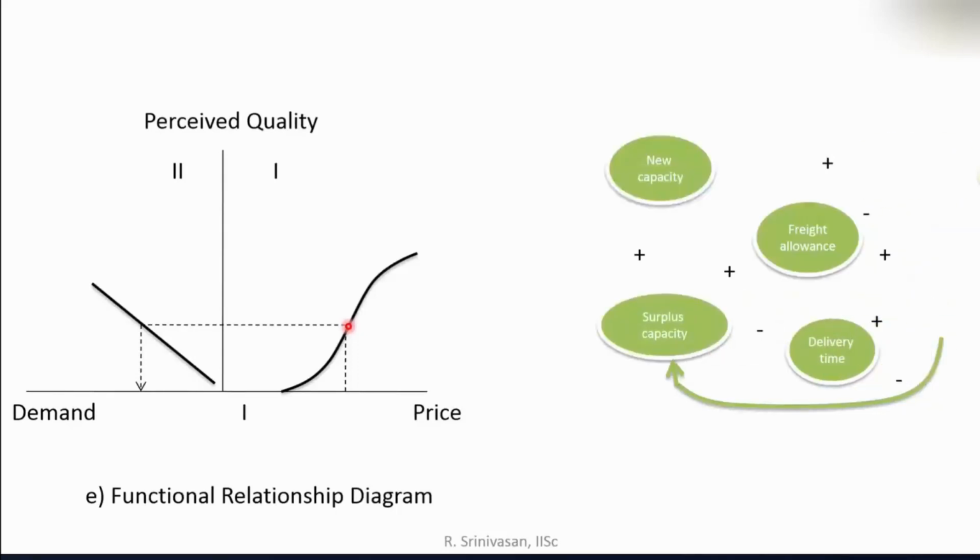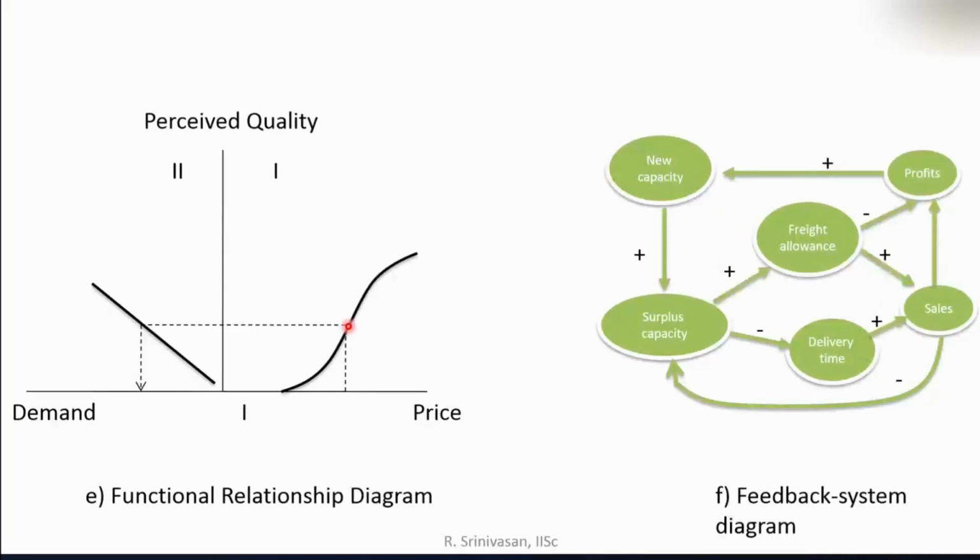Now the other model which you make use of in this is called the feedback system. What is the feedback system? The feedback system diagram, if you really see, I have taken a very simple example. Suppose you create more capacity for a firm. Then let us say this becomes surplus capacity, likely to have a positive effect. When you have surplus capacity, you can satisfy the demand. Suppose you are not able to satisfy with your present capacity, when you create a new capacity, this new capacity gives you a surplus capacity. The result is you can fulfill the demand faster.